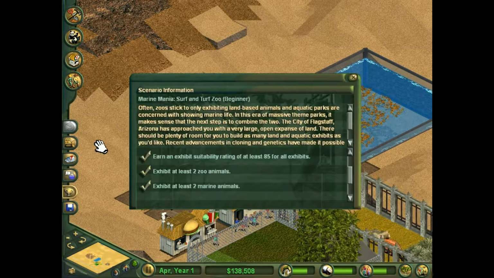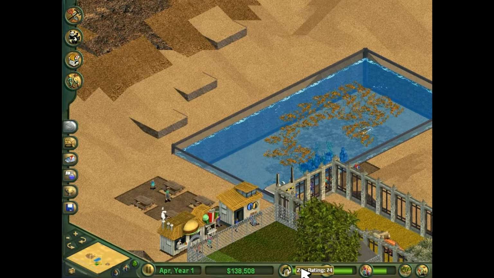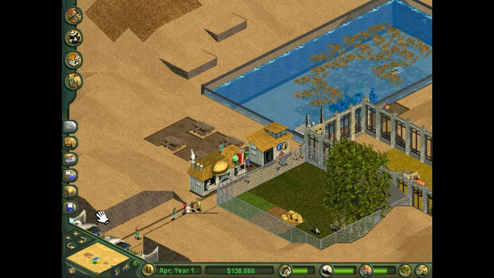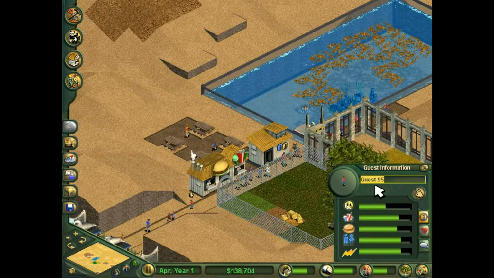Come on, give me that. All I need now is a zoo rating of 85. Not too much more I can actually do to influence that. However, I could lower my rating, but I really don't want to do that right now. So instead I'll show off some random stuff. Your name is now